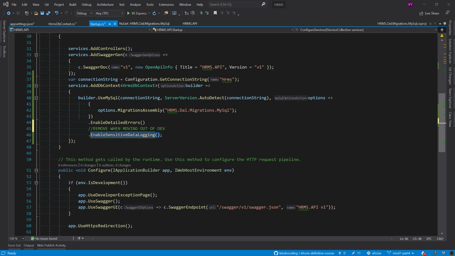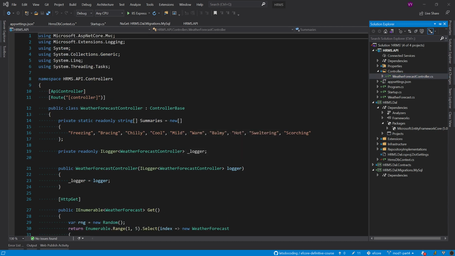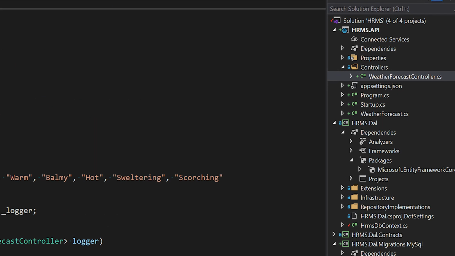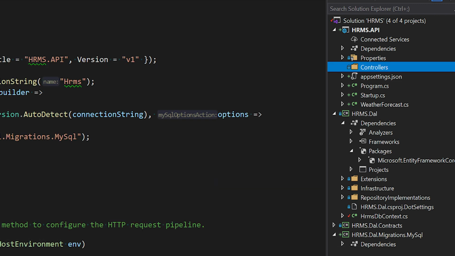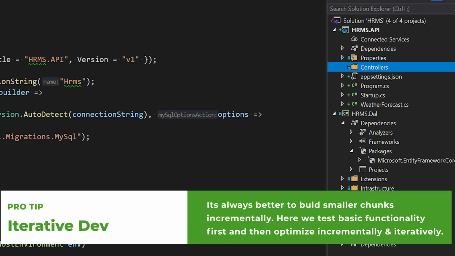Now, one more thing that we shall see is that we can remove the controllers from here. There's a default controller that is generated. I don't need that, so let's just remove it and add a new controller. For this demo, let's take a very simple case. We need to check the connectivity with the database, basic migrations and everything. So for that, let's say we seed in a few user roles, that would be admin, manager or a simple user. And we can have an API that will return the list of all the user roles.